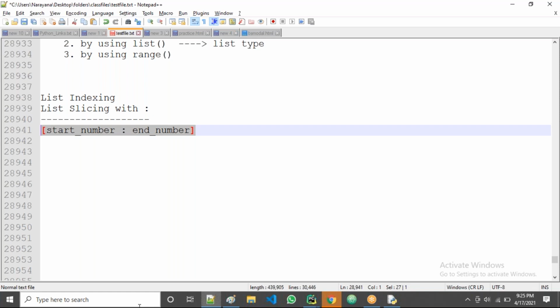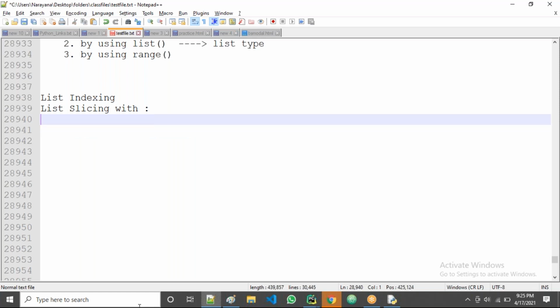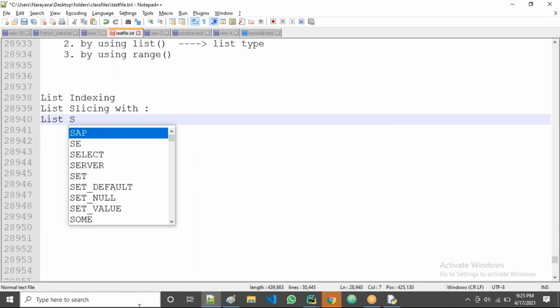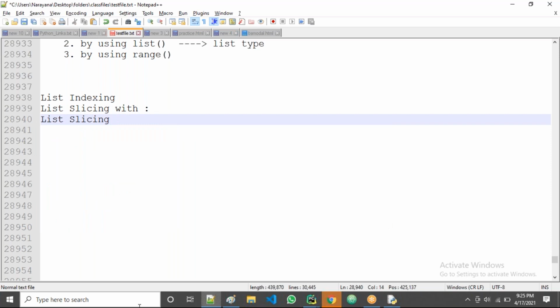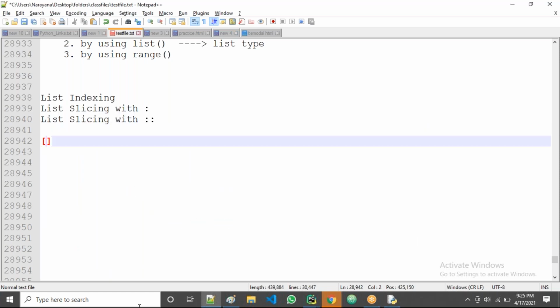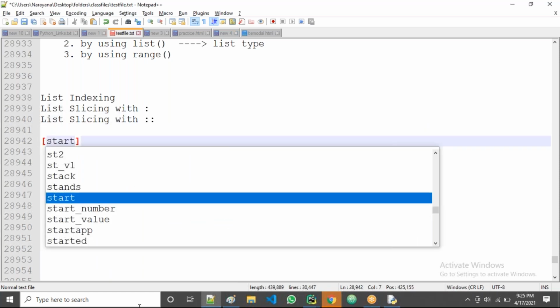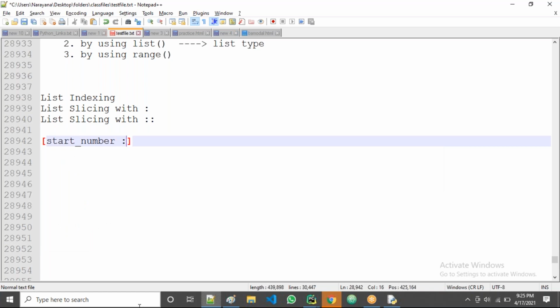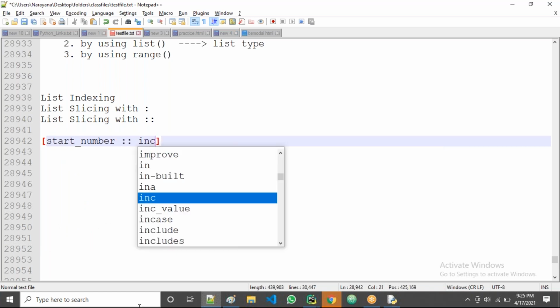What next one? List slicing with double colon, guys. So double colon means, you know the syntax, right? Start number, double colon, and write the increment number, guys.